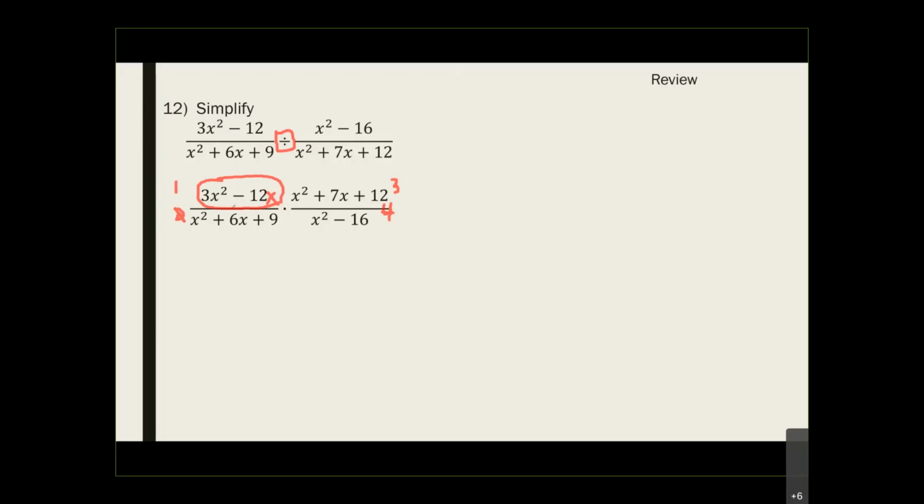3x squared minus 12x, which is again, what can you factor out? Hopefully you guys say that we can take out a 3 and an x, right? Which is again, on the top, we can take out 3x and that leaves me with x minus 4. 3x, not just 3, it's 3x on the outside. I kind of rushed when I wrote this. So I would edit it before I post it on Canvas for you guys. So it's 3x,